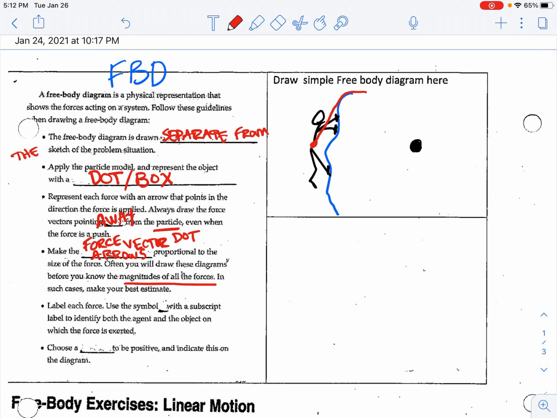So if we wanted to show the force of gravity acting on this climber, then we could put an arrow down, because gravity is trying to pull the climber down. And then we could put a number for the amount of force that's being applied there, but we'll just leave that part out right now. The length of that arrow is going to be proportional to the size of the force. So a bigger arrow means there's more force. In this case, I'm going to put a capital F, and then a little g